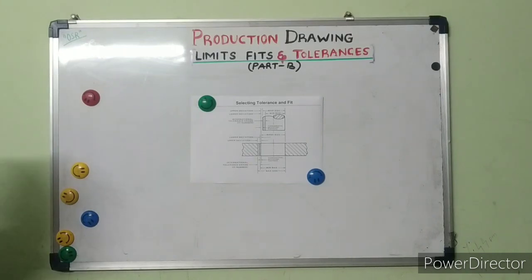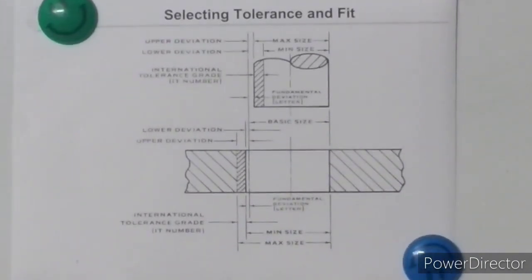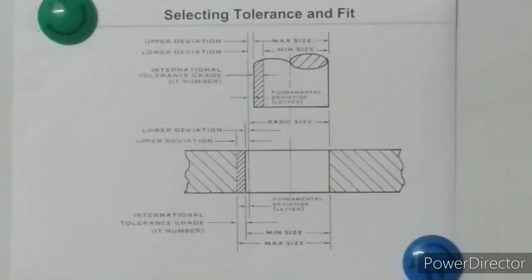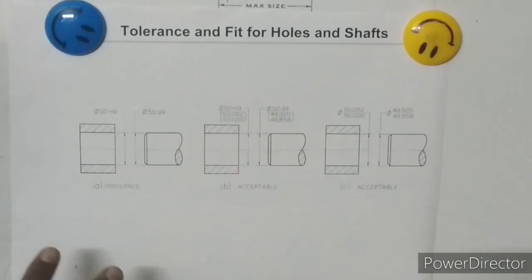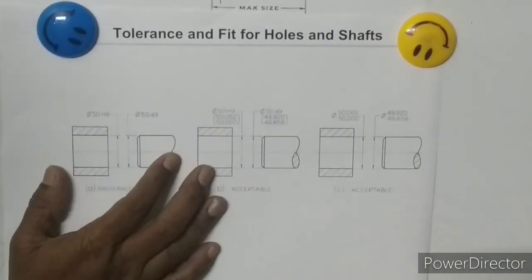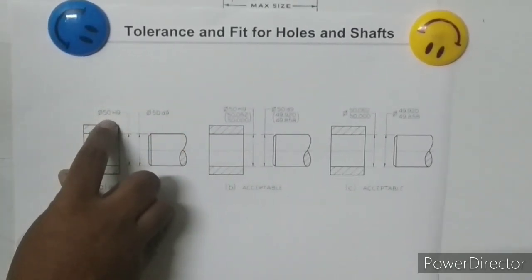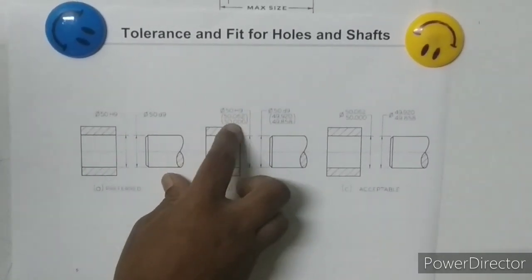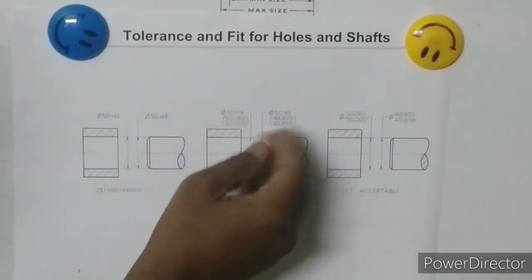Now, what is the basic size? The basic size is nothing but the size of a part in which all the limits of variation are determined. It is the size of the part in which the limits of the sizes are defined. See, this is the basic size, the 50 D9, the 15 H9. So 50 is the basic size, in which the H9 indicates the tolerance zone, 50.062 is the upper limit, and this is the lower limit. Again for D9 tolerance it is 49.920. I am going to explain what it is in detail.